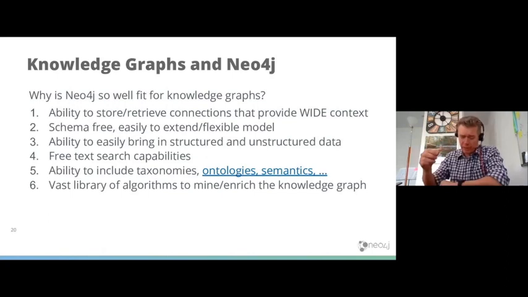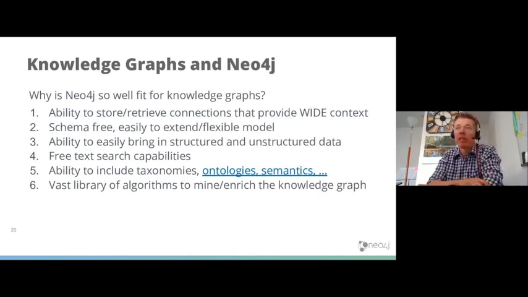But the graph database is also schema free. We cannot just store data as you do in an entity relationship database. It is schema free, and it allows for unstructured data, which obviously, if you're dealing with text and ontologies, etc., works really well. So you can bring in both structured and unstructured data and evolve the model over time. Neo4j also offers a wide range of free text search capabilities.